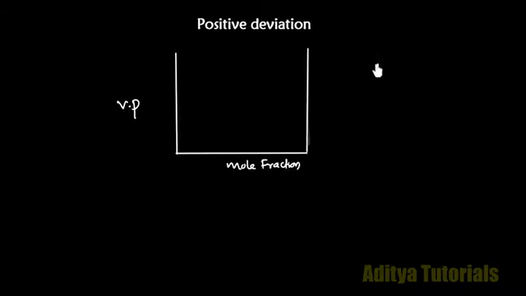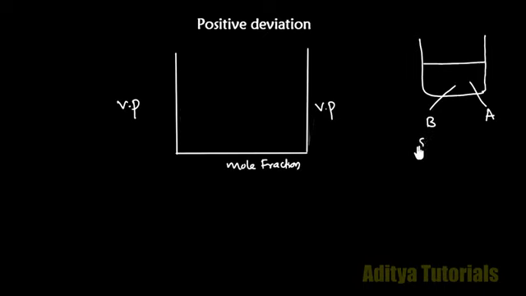Let's see, I have a graph here. Along this axis, I will take the vapor pressure, and on this axis I will take the mole fraction. Again, along this axis, I will take vapor pressure. Now we know that there is a solution. I will write here, this is a container. In this container, I made a solution by dissolving a solute in a solvent. Solvent is A and solute is B. This is the solute and this one is the solvent.